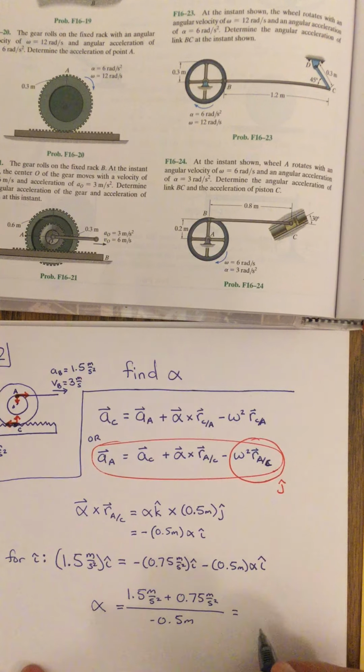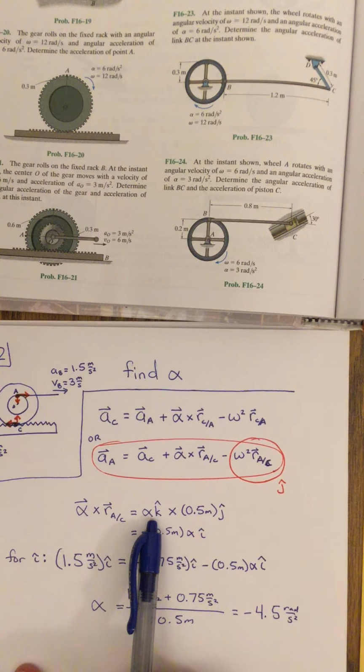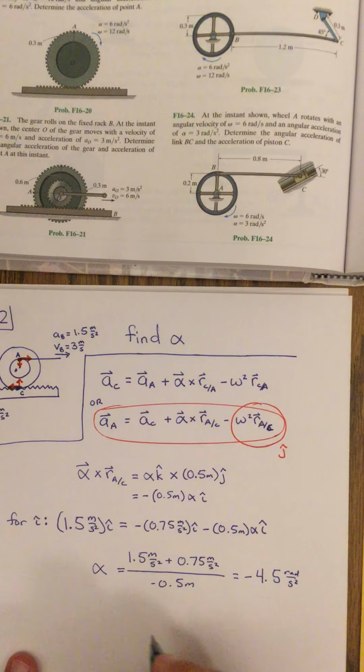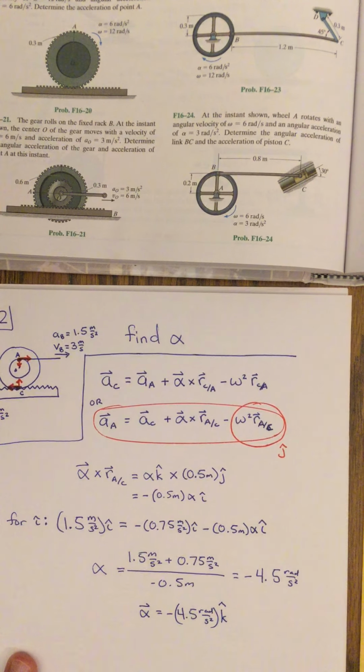And that is minus 4.5 radians per second squared. The minus sign tells me, because I just called the angular acceleration alpha times k hat, that it's going in the negative k hat direction. So this is minus 4.5 radians per second squared in the k hat direction,